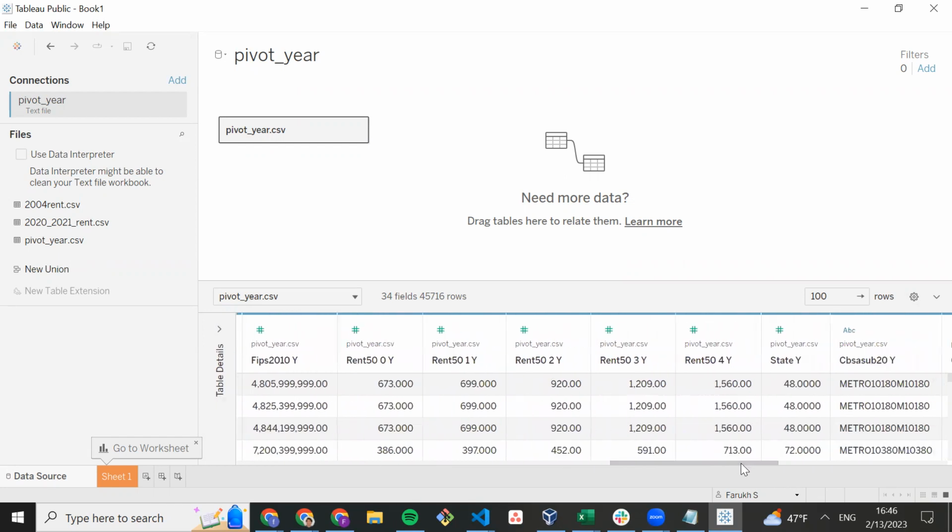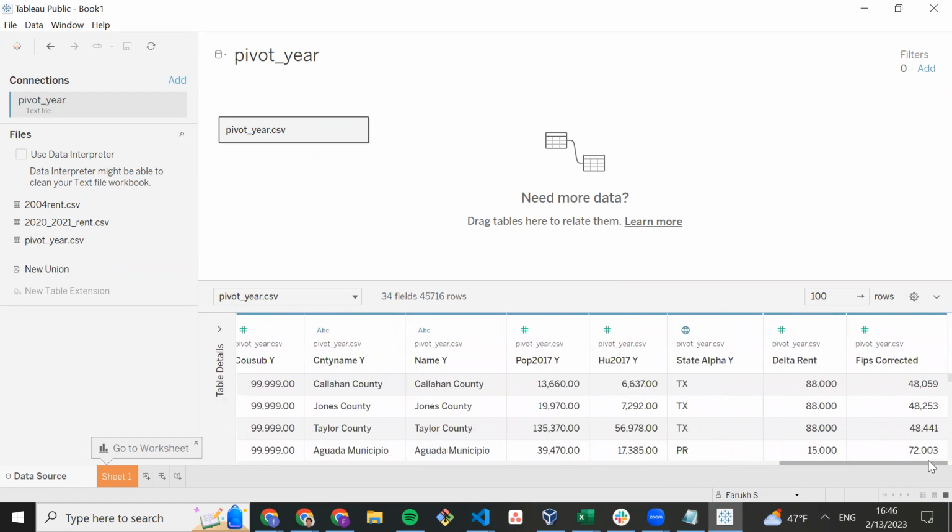Usually, we would leave this table alone and not do anything to it. We should not be doing data transformations within Tableau. That's just not the right context. That's going to be left to Pandas and SQL. However, sometimes Tableau does not interpret data correctly, probably because of a mistake that we previously made or something that we did not account for. Specifically, we are going to focus on the FIPS corrected column. This should be a string, and as you can see, it's currently expressed as an integer. This is 48,059. This really should be 48059. Think of this as like a zip code.